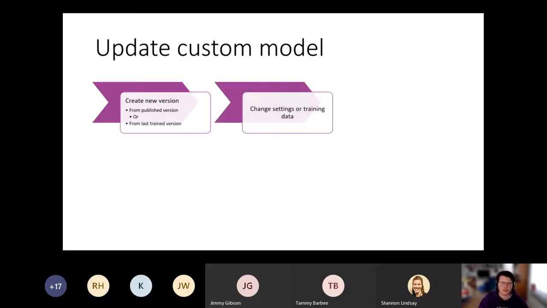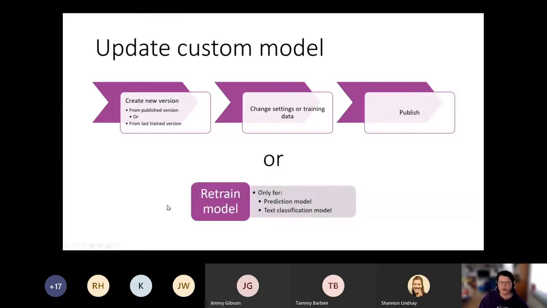You can change the settings, or you can change your training data and then you publish it, or, in case that's the case for the prediction model and the text classification model, you click on retrain. And the reason why these models work differently is because